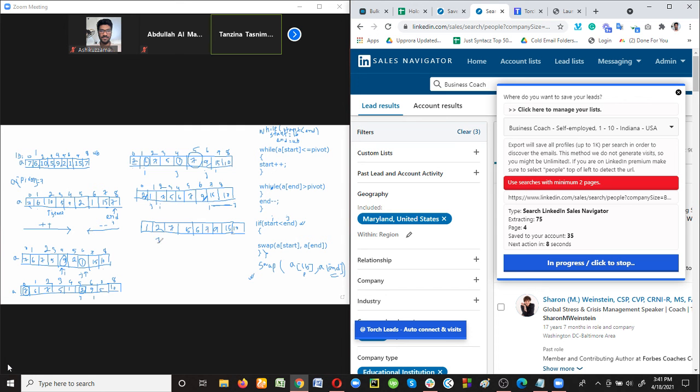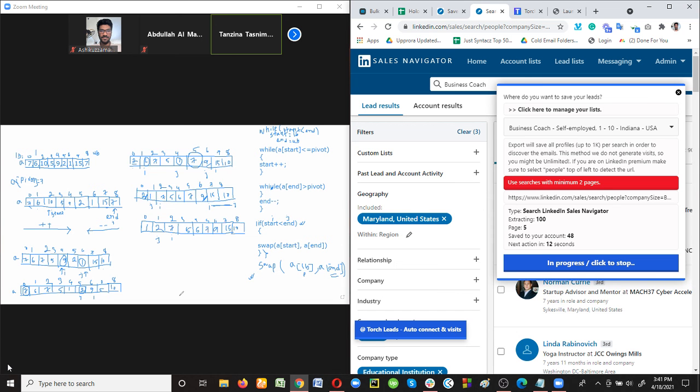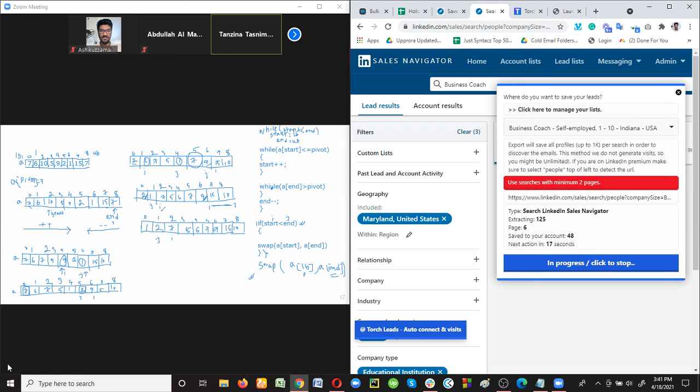The pointer values will be the same. Now j equals 1 and i equals 2. Now look at this array. After exchanging the pivot element with the end element, we have inserted the pivot element in its correct position, isn't it?